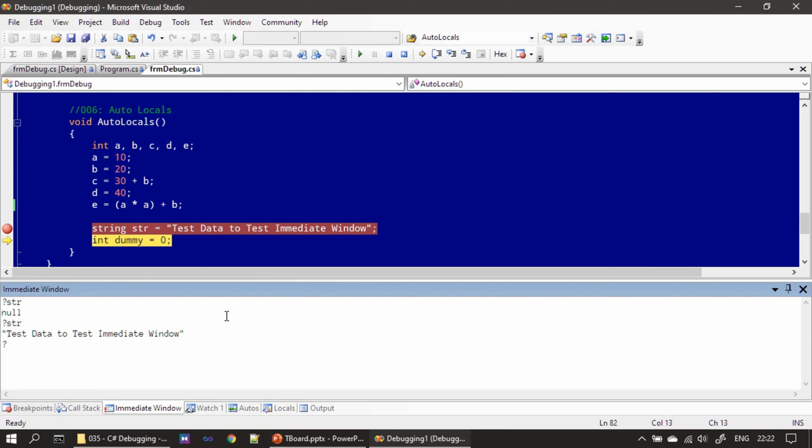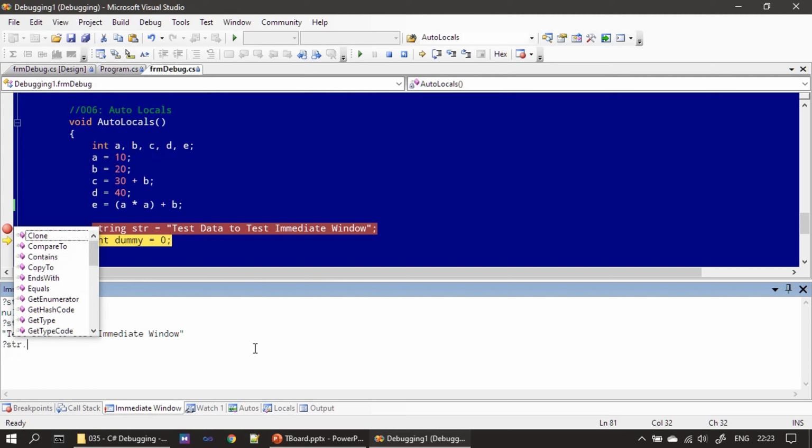So let's state that we want to take a substring of the string content, and the substring we want to take is this data. So for that we want to form an expression. So now we want to use the substring. If you see here what I am doing, I'm placing str dot, I'm making a call to substring,